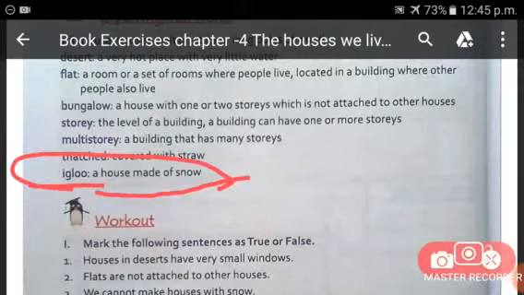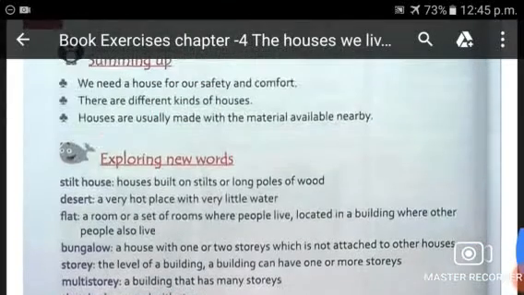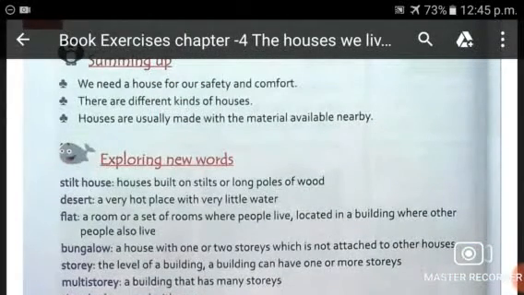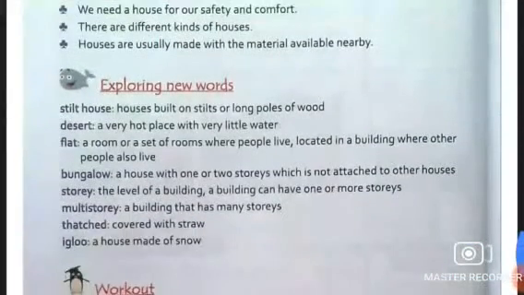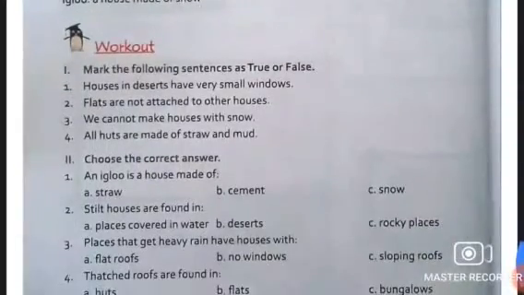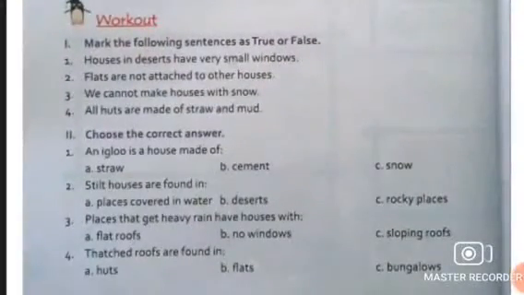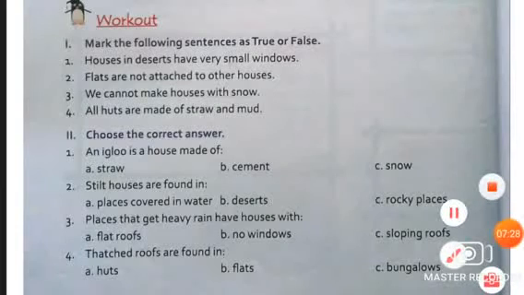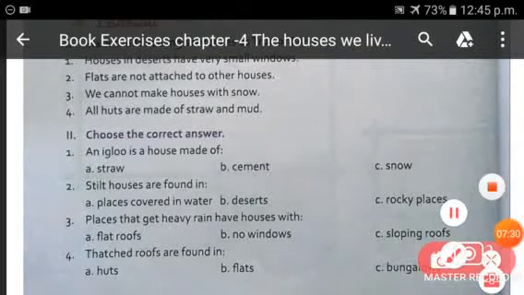A house made of snow is called an igloo. So students, keep in mind these points, because these points will help you to do these exercises. So let's start doing these exercises. The first exercise is